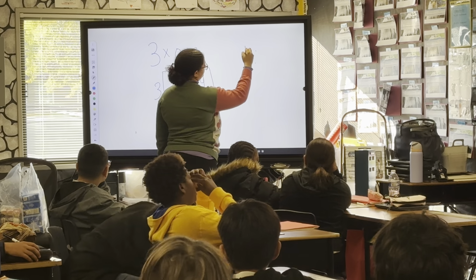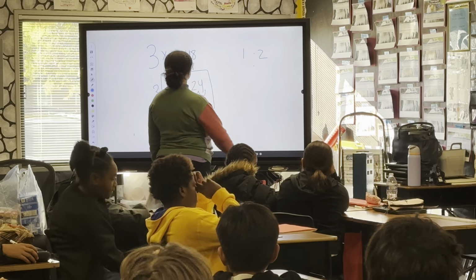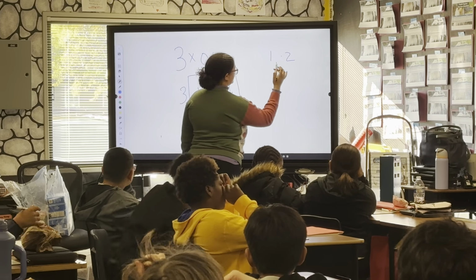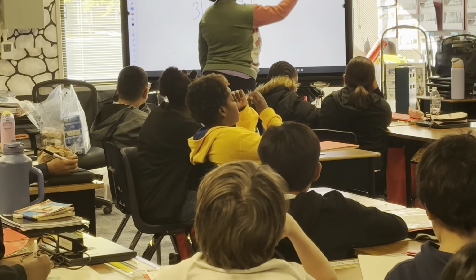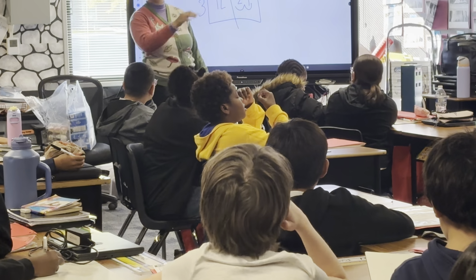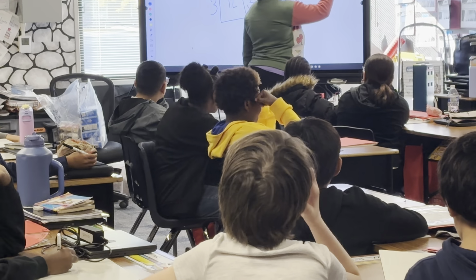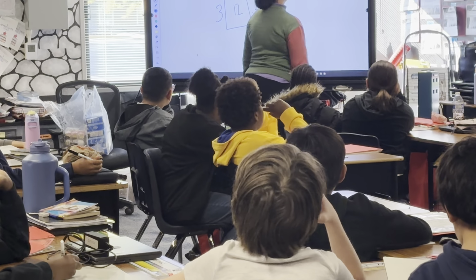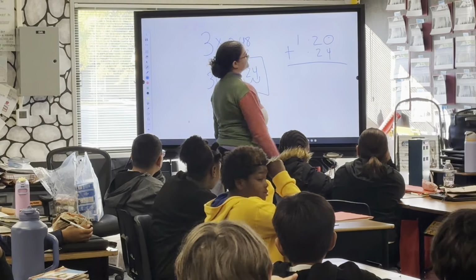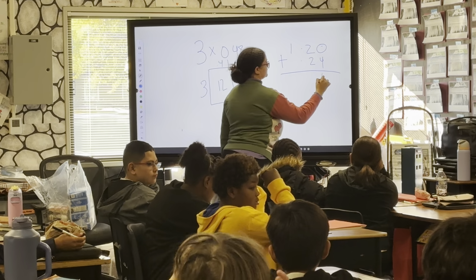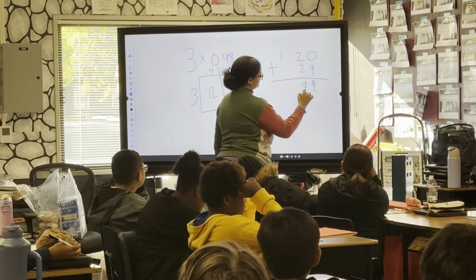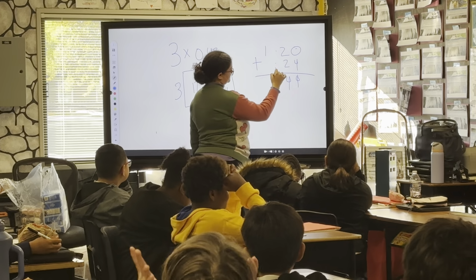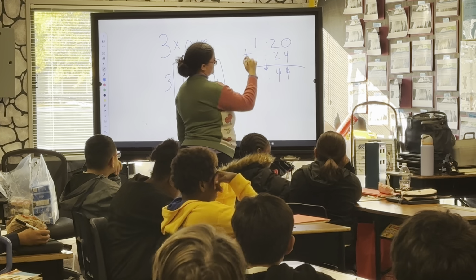So we have 1 whole and 2 tenths, and then we have 24 hundredths, right? Cool. Should I put a 0 right here? Does that help? Yeah, it does, right? Because then you know it's holding place, holding space. Okay. And we're adding. 4 plus 0 is 4. 2 plus 2 is 4. Decimal comes right down. And then,